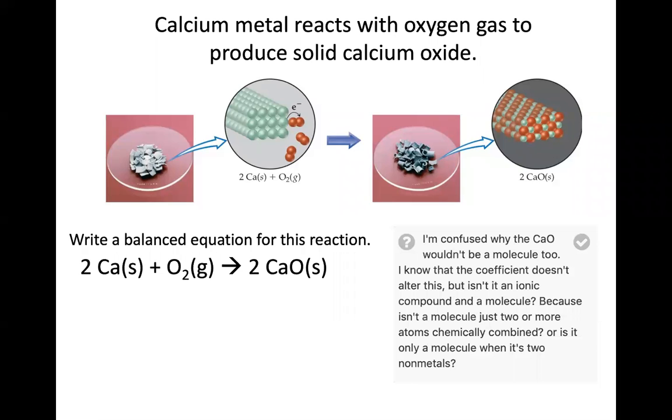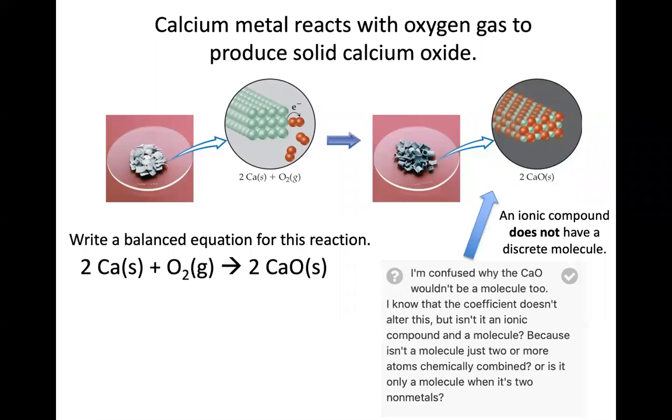This is a case of taking an idea at the start of chapter 3, which is balancing reactions, and connecting it to an idea at the end of chapter 2, which is the naming. I'm really confident that that's a very typical exam question. This idea of the ionic compound, calcium oxide, is definitely an ionic compound. There's not a discrete molecule. It's this alternating pattern of cations and anions throughout.